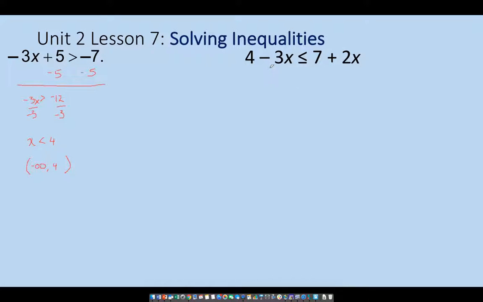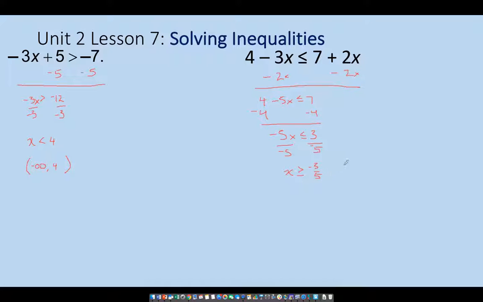We'll go ahead and I typically try to put all my x's on the left, even if it gives me a negative number. So I got 4 minus 5x is less than or equal to 7. Now I'm subtracting 4 from both sides, and I've got -5x less than or equal to 3. Divide both sides by -5. Nope. Dividing by a negative, we're going to switch the sign again. So x becomes greater than or equal to